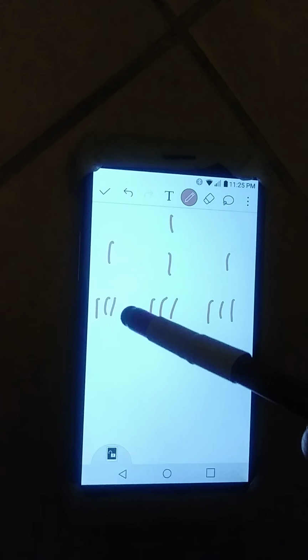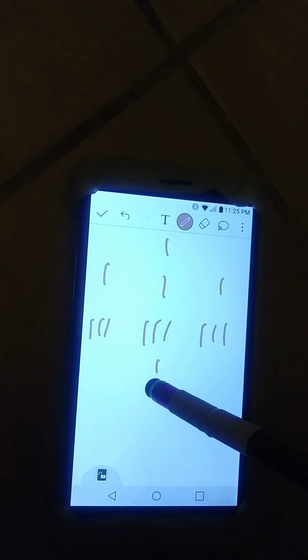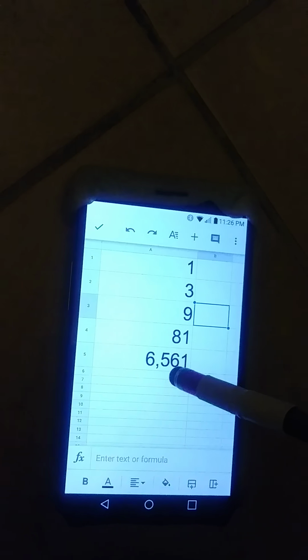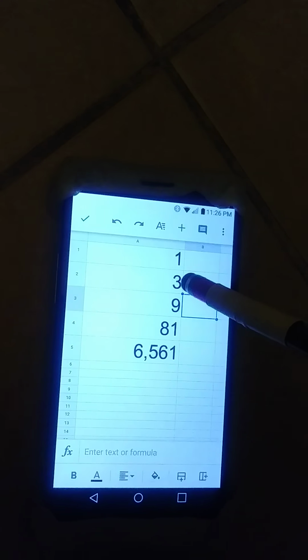That quickly becomes 1 in this group, 3 here, 9, and then this would be 81. So this is 1, 3, 9, and then 81. 81 becomes too much to draw, so I'll do it in a spreadsheet. Right here, I've got this spreadsheet set up: 1, 3, 9, 81. And if it went another row, you'd have this very large number, 6,000. That's if one person on average infects 3 others.